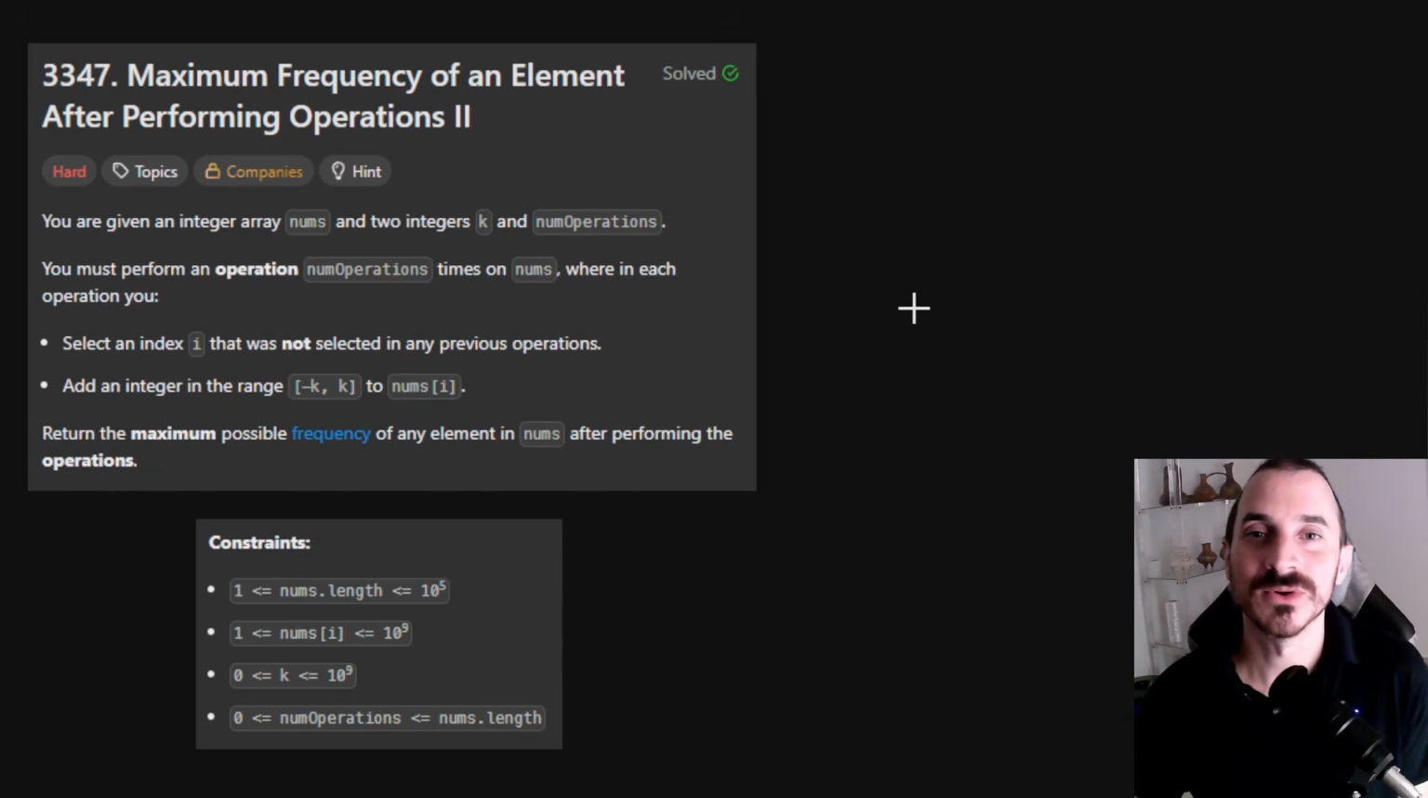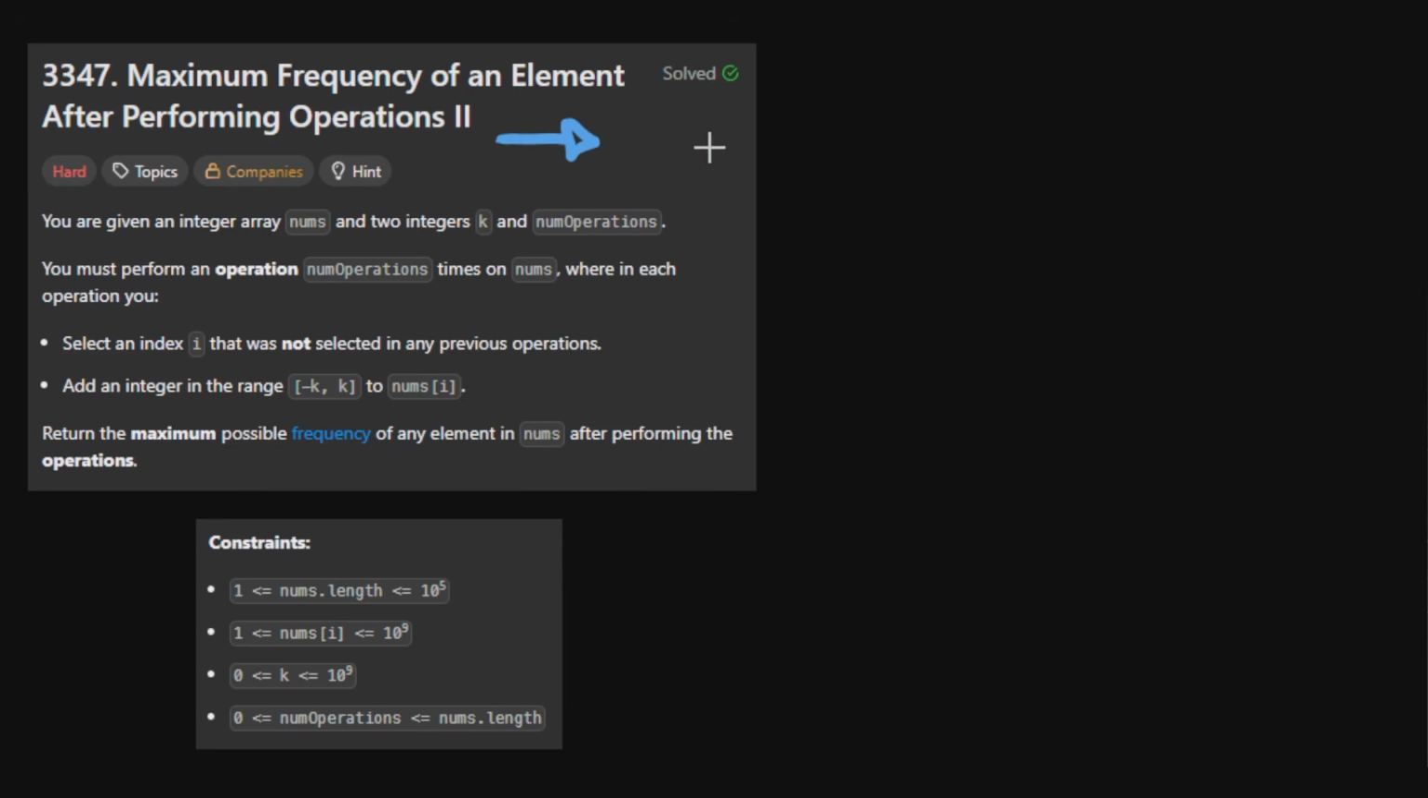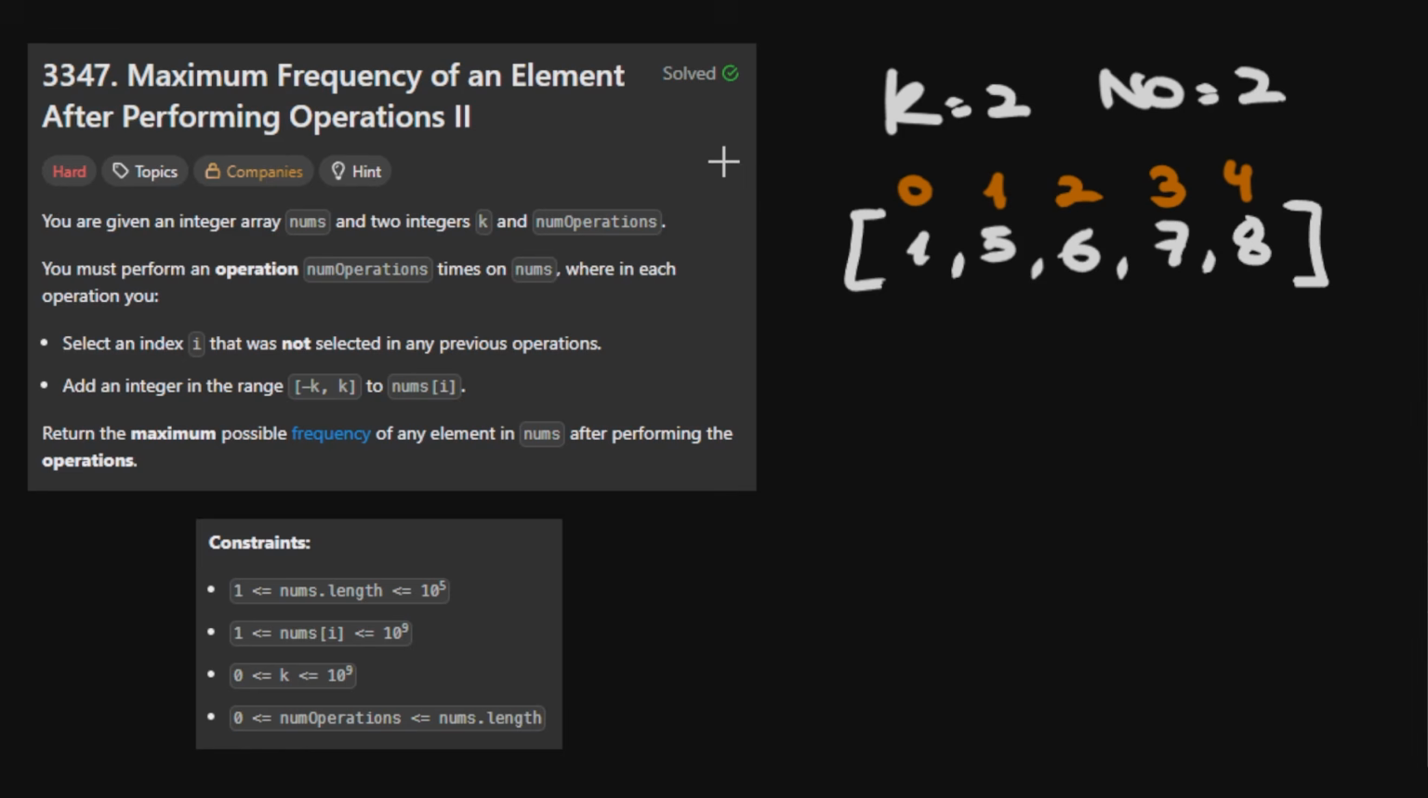Hello everyone, I'm Paul and today we're solving problem 3347, maximum frequency of an element after performing operations 2. This is a hard one, so next I will show you how to solve this step by step. If you haven't seen part 1 yet, I recommend you go and watch that video first. It's on my channel. This is exactly the same as part 1, the only difference is down here in the